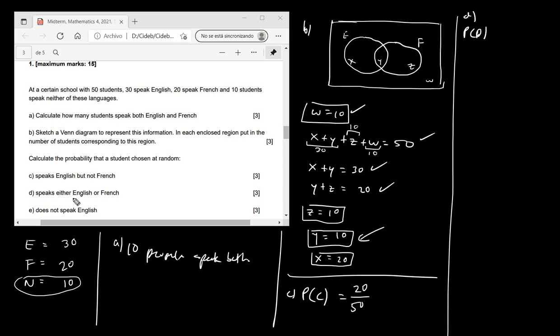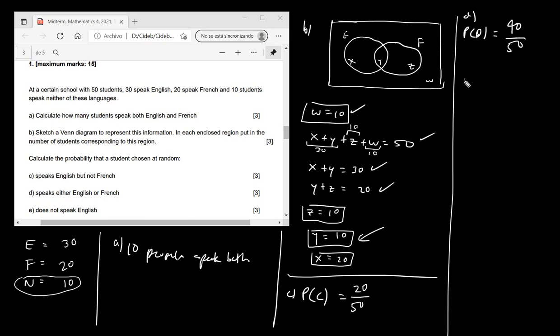Letter D: speaks either English or French. Either English or French, which is all of these people, either X, Y, or Z. All of these people speak either English or French. These people speak both, okay? But this is written in such a way that you must understand that it means at least one language. So it's all of these people, X, Y, Z. So I'll add all of these three. X, Y, Z. That's 40